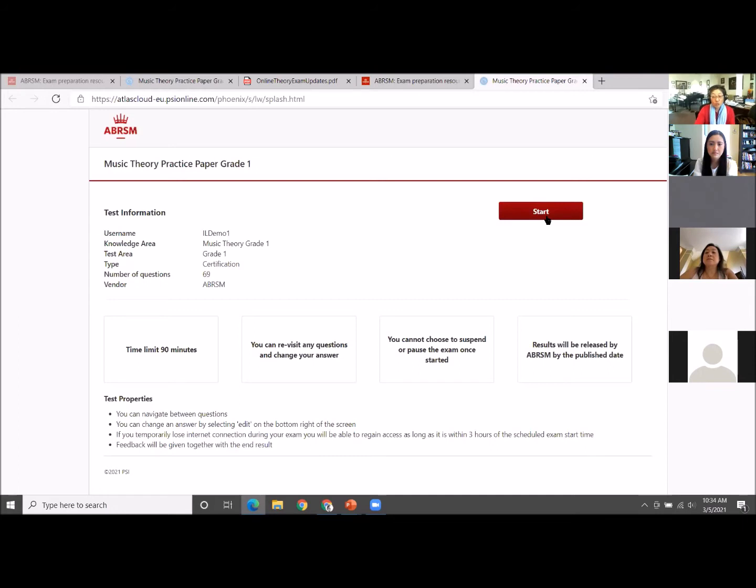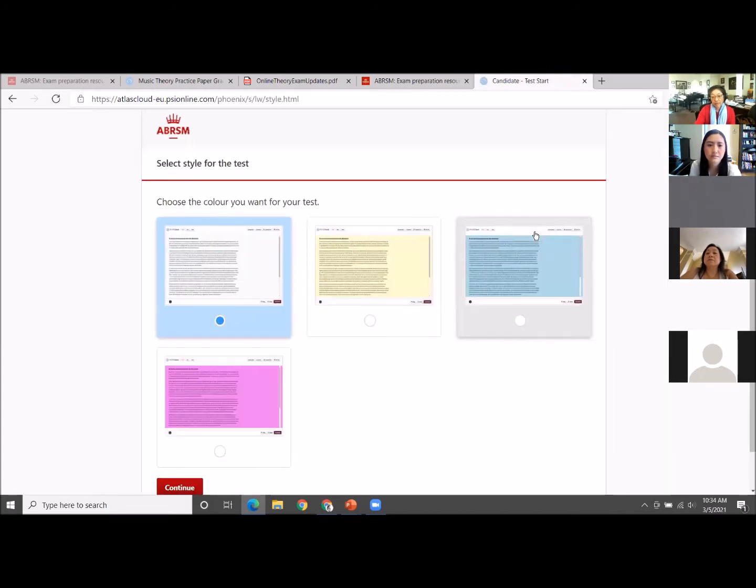So let's just take a quick look at what it would look like. If I click on the start, this is one of the learning challenged accessibility adjustments and adaptability options that ABRSM have opted for, to provide all neurodiverse learners the best assessment environment.